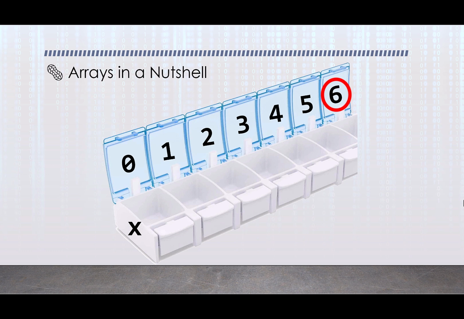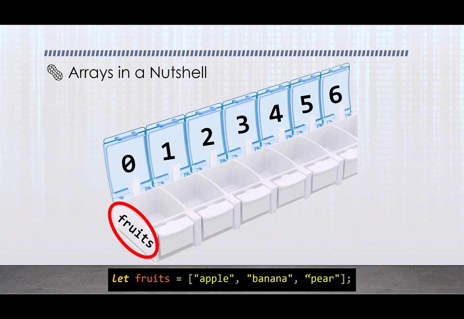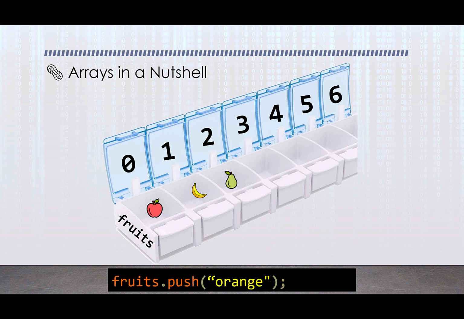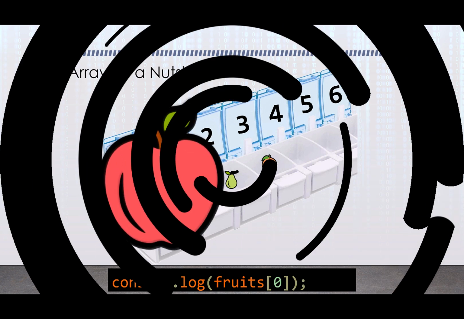But this is a simple array, and let's say, for example, that this array was going to hold some fruits. So we'll rename it to fruits rather than x, and if I were to run that line of code right there, let fruits equal apple, banana, pear, then this is what would happen in the array. It would fill those up with those three things. If I were to run, say, this line of code where I say fruits push orange, then it will put orange in the next available slot, which in this case is the 3rd spot. So I run that and we get that. If I wanted to console out a particular fruit, we call the array fruits bracket 0, which is the 0th spot in the element, and that will give us the apple.